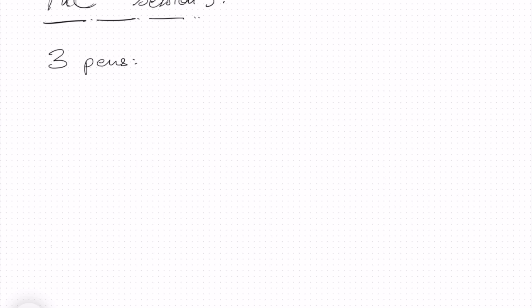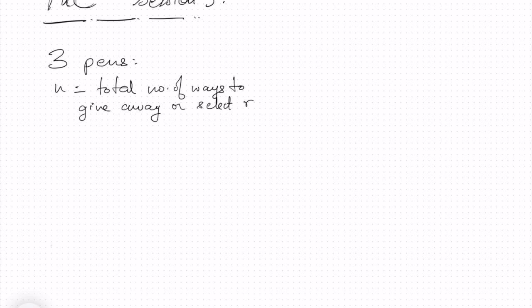So I can either give 0 pens, that is no pens, or I can give 1 or 2 or 3. So if n is the total number of ways to give away or to select r pens out of 3 pens,